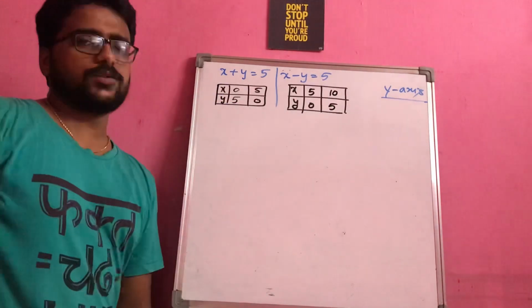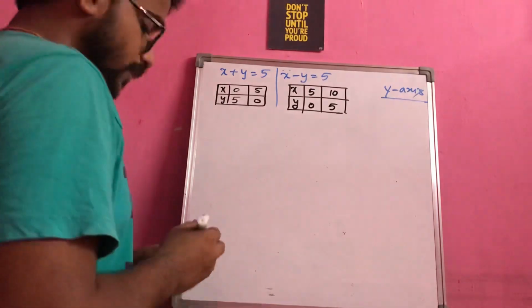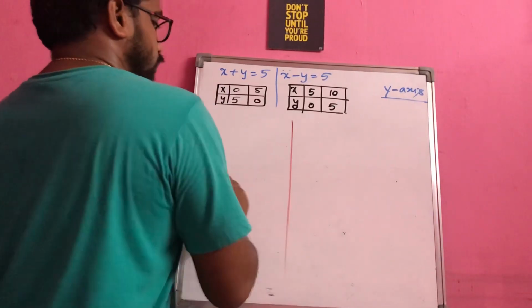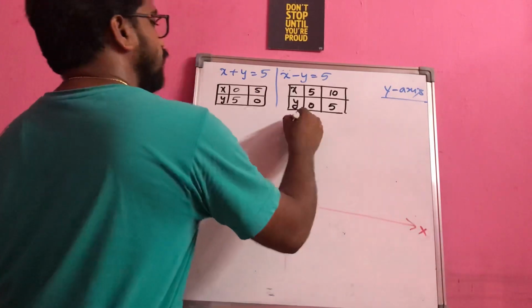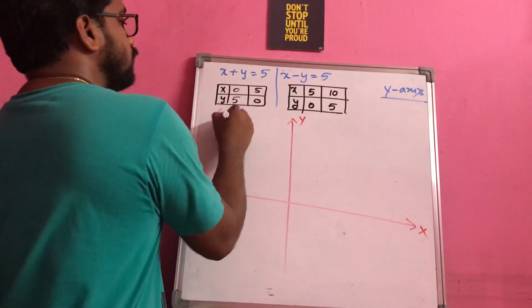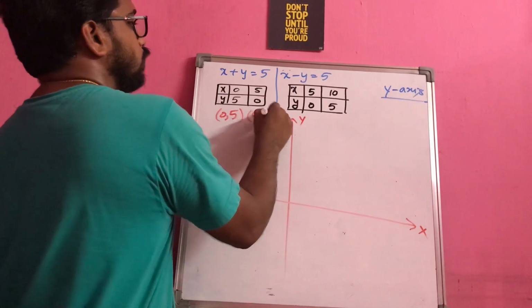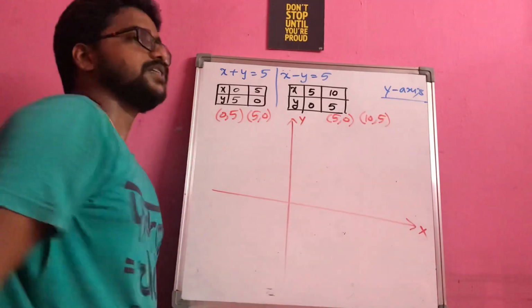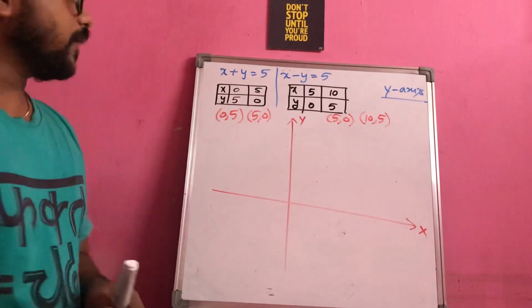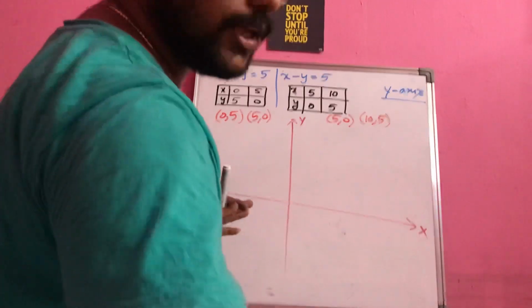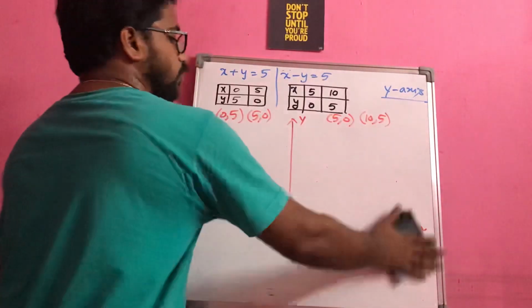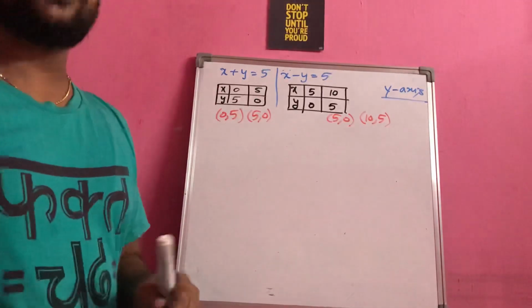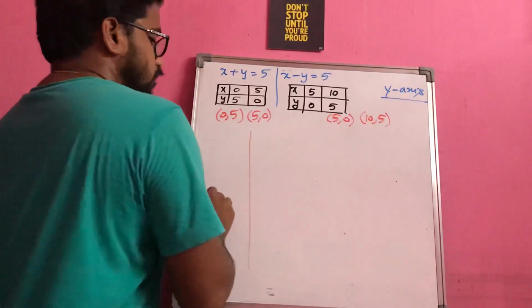You can take any points, no problem for that case, 10 and 5. Now let us see how we are going to plot this region. So this is the curve. If you just observe here, all my points are (0, 5), (5, 0), and (10, 5). So that means I am trying to restrict myself to the first quadrant. So you need not graph this much in between. Instead you can just extend along Q1 so that you will be able to see the portion a little bit more clearly. So I am extending like this.